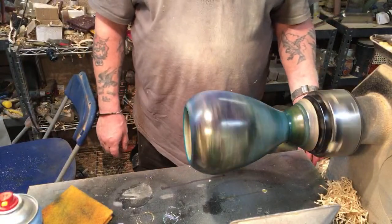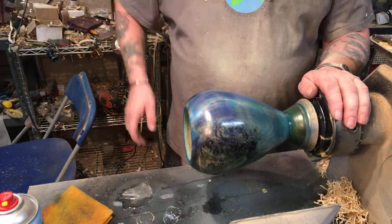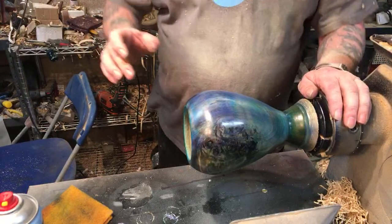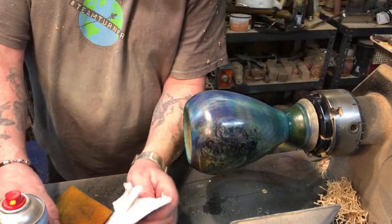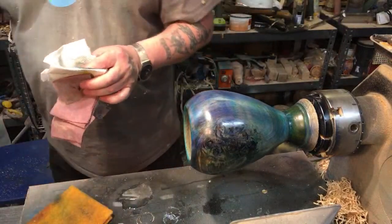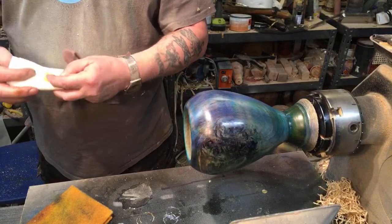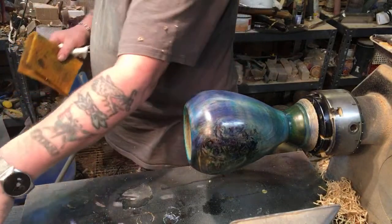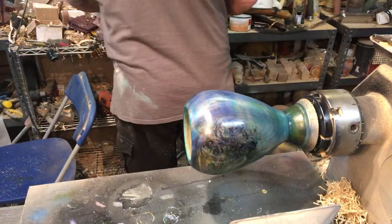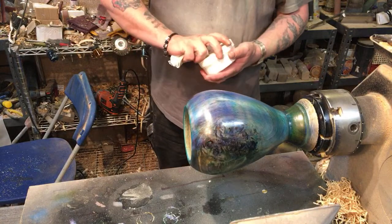Right, let's see how we're getting on. I hate doing this. Wipe your finger first, get all the dust off. Right, that'll do for that. This will obviously get a lot more coats of lacquer. It's had two, so what I'm going to do now, and I hope I don't bugger this up,